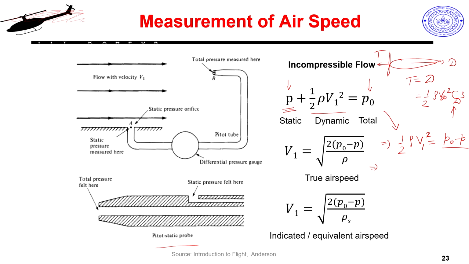So, this is getting computed in my small electronic device, and this will be talking to my autopilot. So, the autopilot will get this information from there, and using this I can compute this V1 using this formula, which is twice P naught minus P, divided by this rho, and then square root of that. So, this way I can now estimate my air speed.